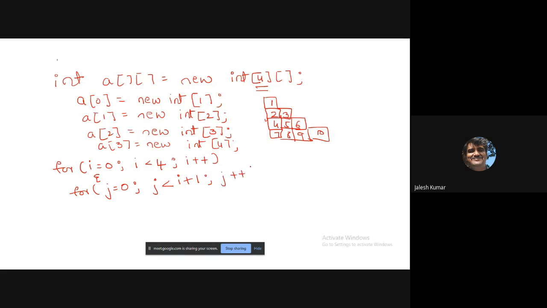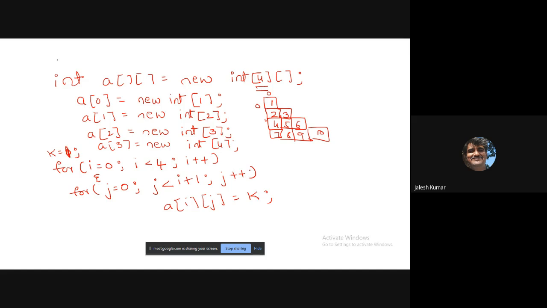So in the first loop, when i equals 0, j equals 0, and the location will be a of i j. That means i equals 0, j equals 0. You'll get the value. Let us consider, we'll assign k and make k equal to 1 outside.